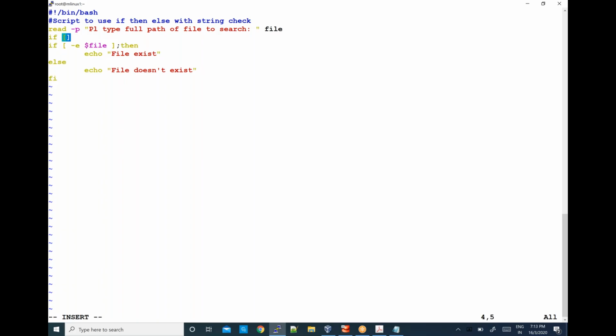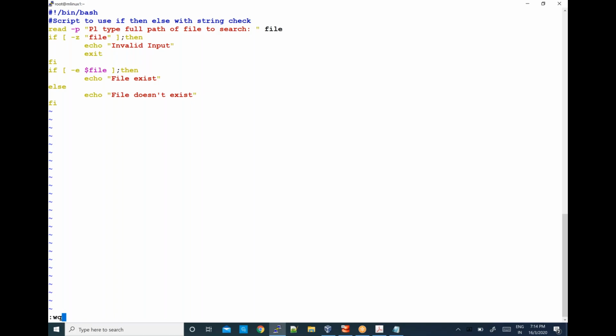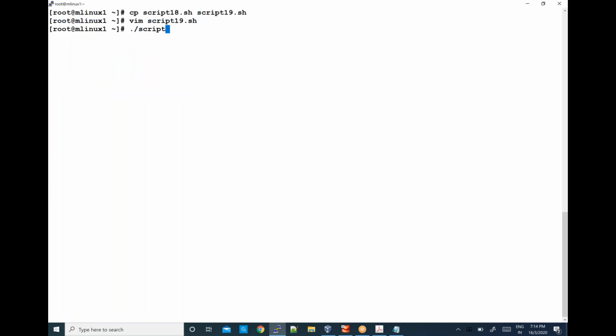I'll say if there is zero length given in this variable file, then what to do? Then I'll say echo invalid input. See guys, when people are not typing anything, not giving anything, we should not continue with the script. So I'll say exit, come out of the script, no need to continue. So you see now, when I say dot slash script 19.sh, it is expecting some input. Now if I don't give any input,